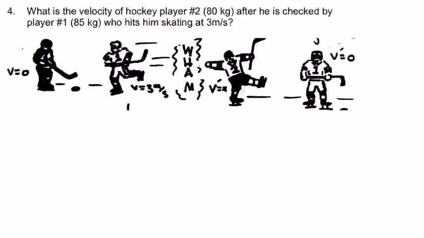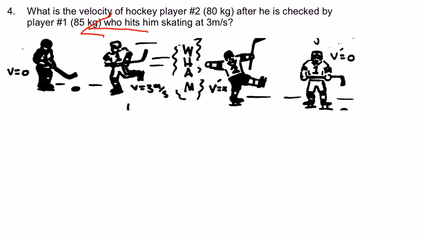Alrighty, so here we go. We have two players, and the big thing with momentum is you have to be consistent with direction. You have to choose which direction is positive, which direction is negative. You could say everything to the left is positive, you could say everything to the left is negative, as long